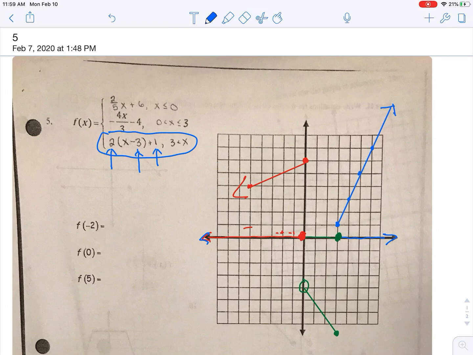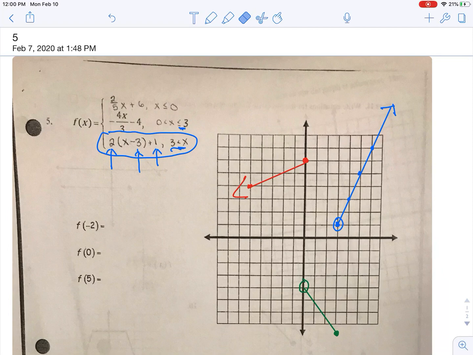And there it is. The only thing I need to decide is if 3 itself is actually a part of the green or the blue. And I can tell by that green dot that I want it to be part of the green and not part of the blue. So this would be an open dot because 3 is included here, but the green one not here. So there is my graph from,